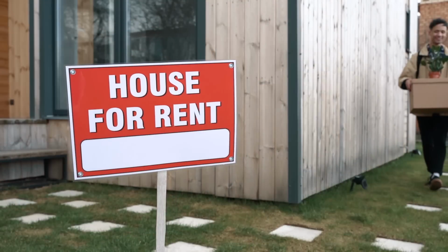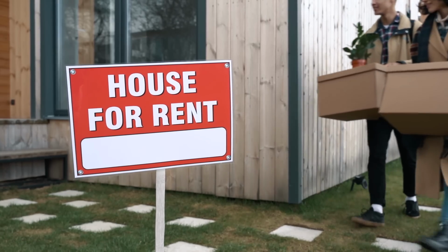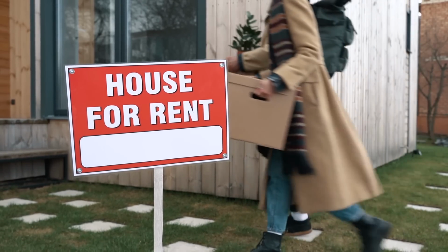That means you get out, you get on the internet, you go onto sites, and you look for a better place to stay that will cost you less money, that you can afford. One of the first things you want to do before you even start looking for a different apartment or a different home to rent